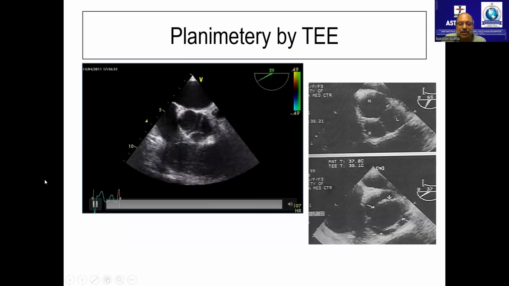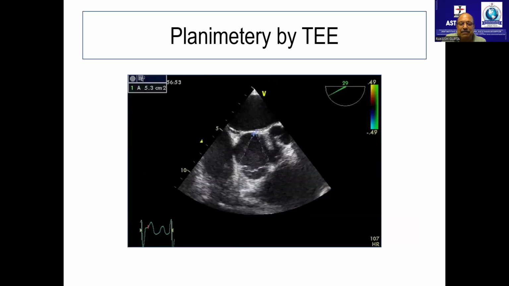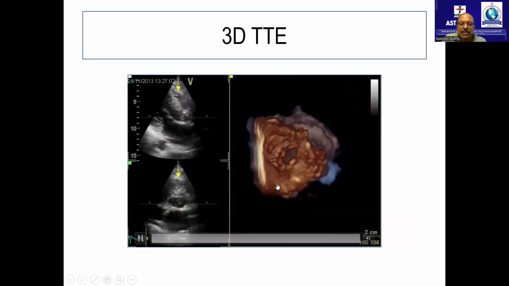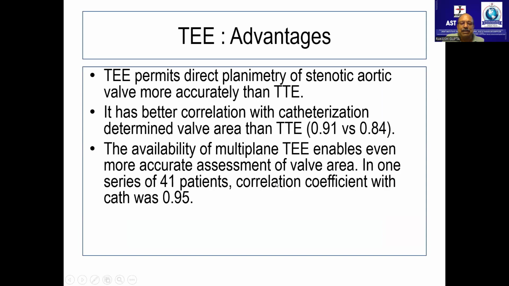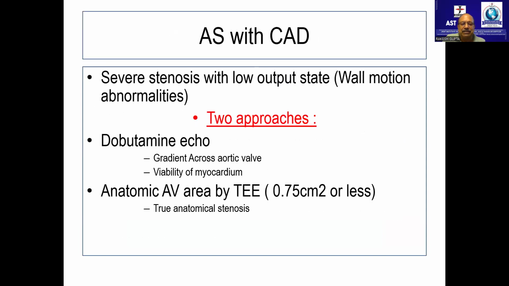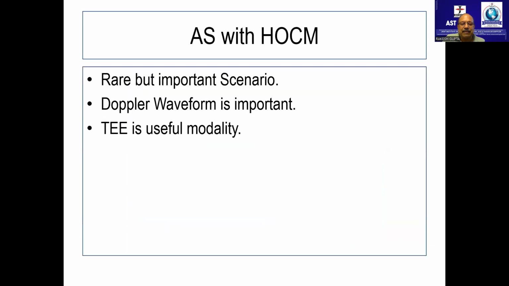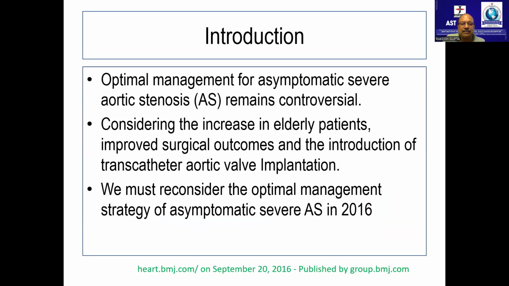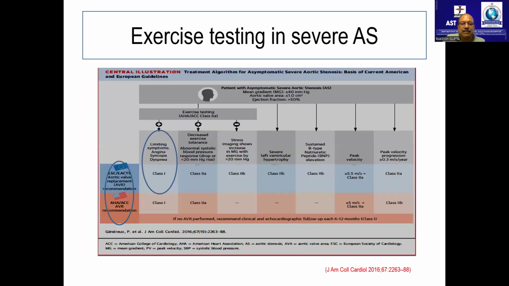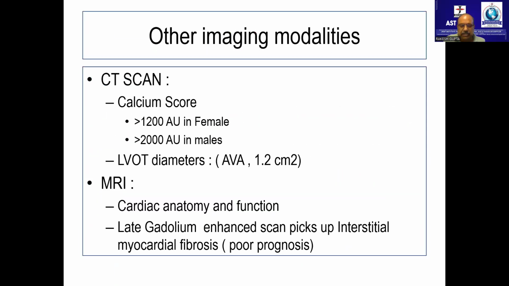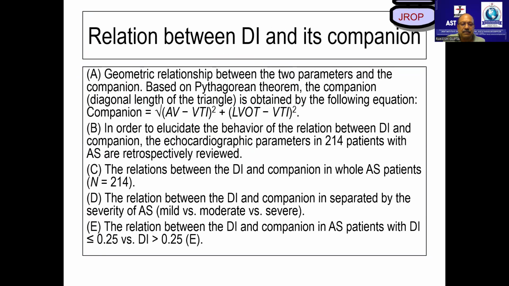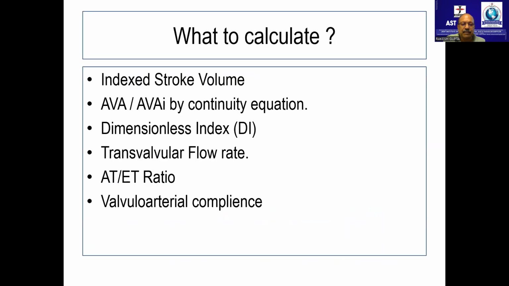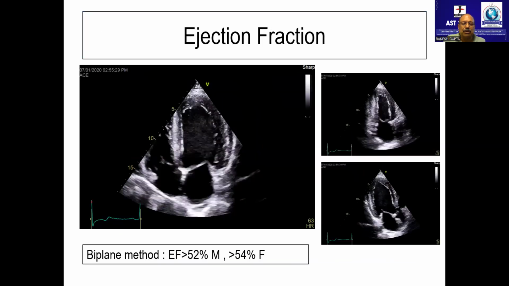Oh, you got the planimetry of the aortic valve area over here. Now you can see where I was looking at somewhere else. You can really planimetrize the aortic valve area. So we do a GLS in this subset of population. If the GLS is low, obviously we consider that the patient has got a subclinical LV dysfunction. GLS is global LV, global longitudinal strain.